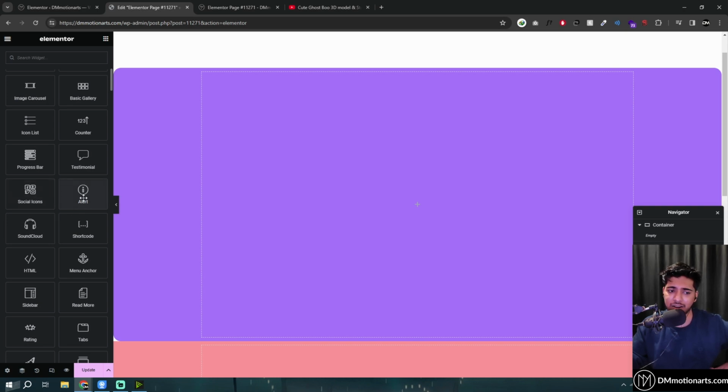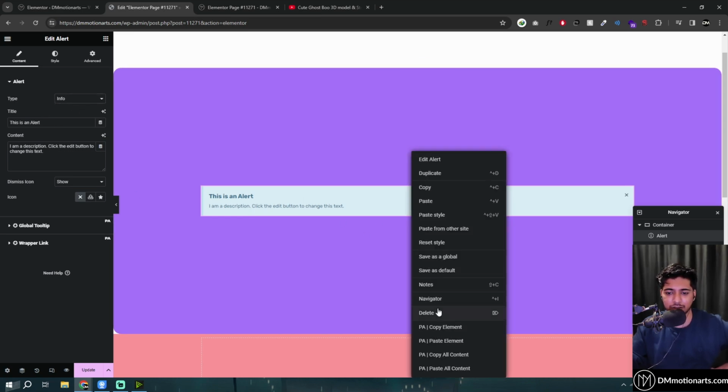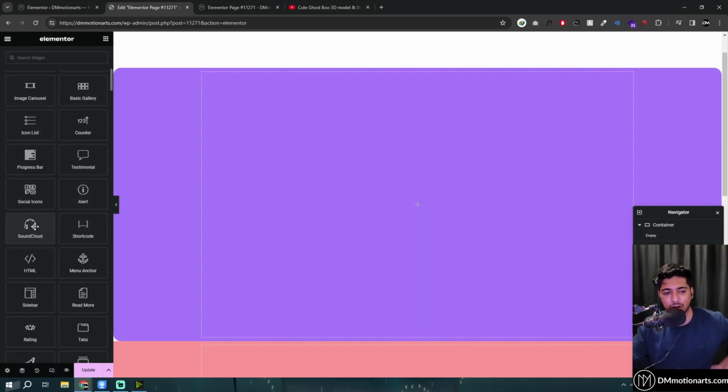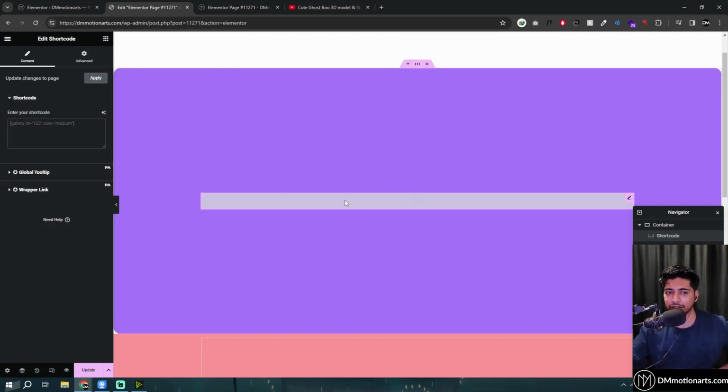Social icons, alert, never used it. This is an alert, so I don't see why this is even present, but again you could just use your text and then create it manually. SoundCloud, never used it. Shortcode, basically whenever you have a shortcode you could add it, and we can actually use